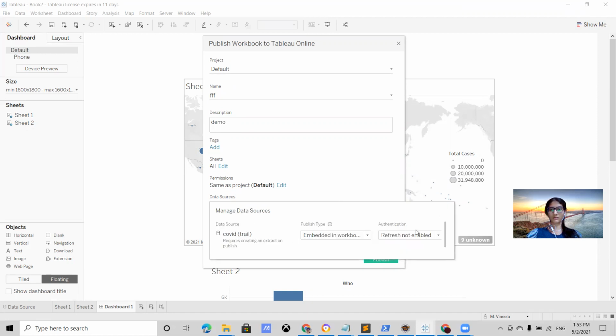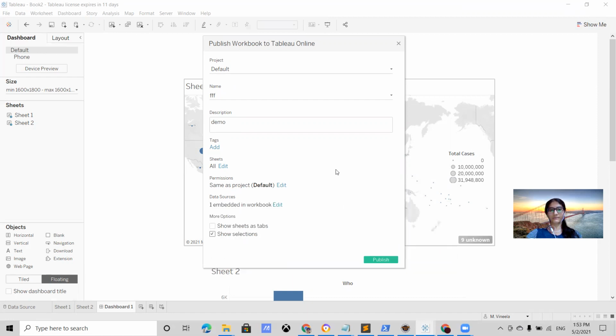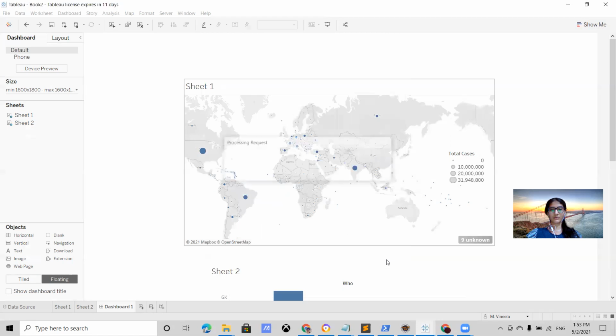Refresh is not enabled. We need to enable refresh access in order to see immediate response, immediate data update in our website. So we need to enable that, and then we need to publish it.